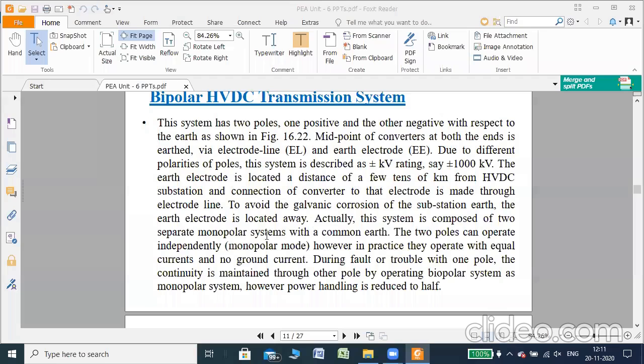Transmission between converter substations is carried out using two separate conductor lines. However, at the end, they are connected together to a common pole feeding the converter substation, similar to the monopolar system. The two pole lines can be separate transmission lines having independent tower or